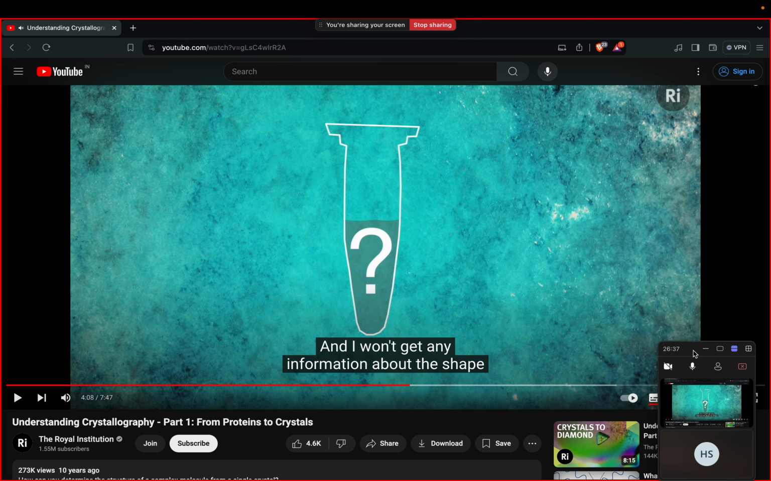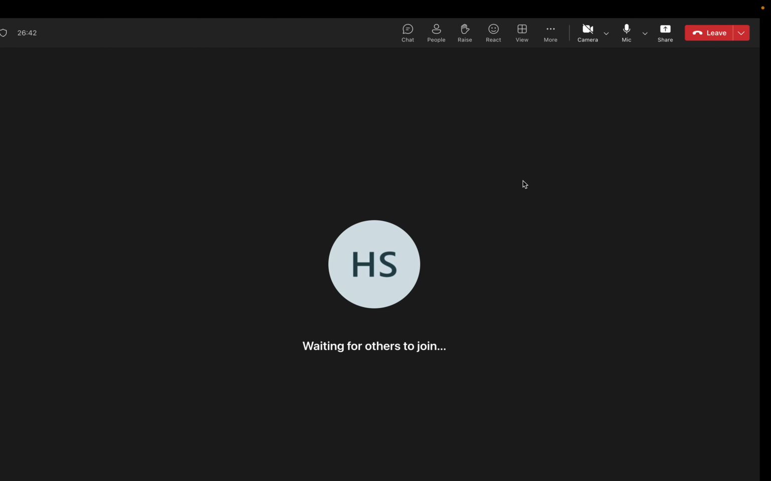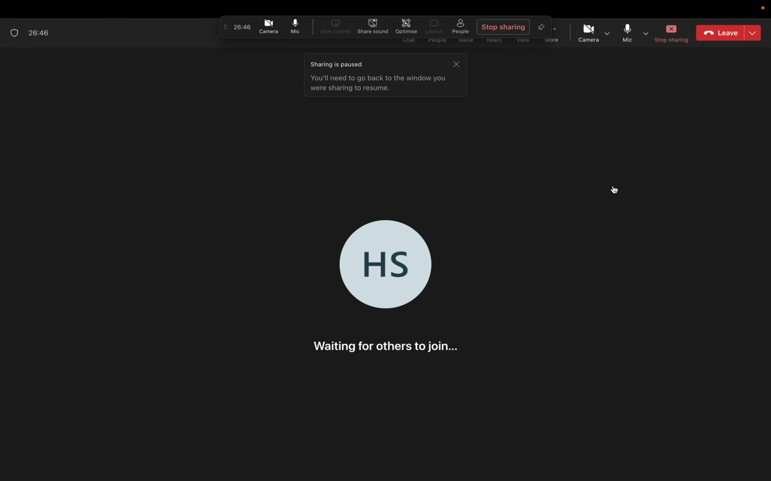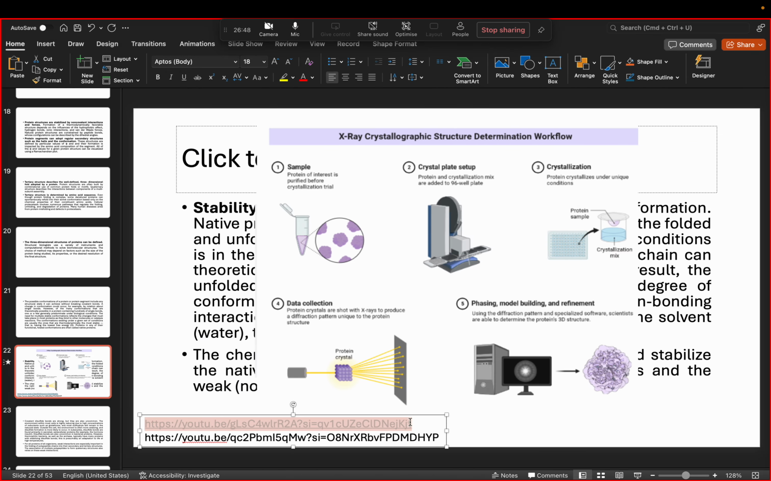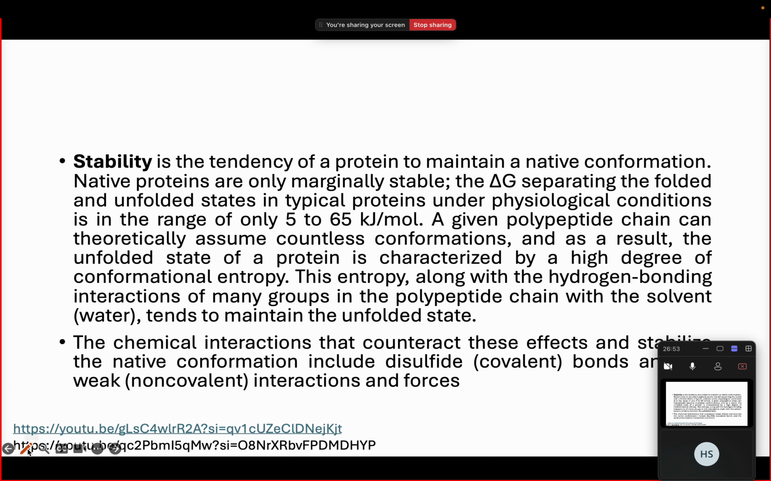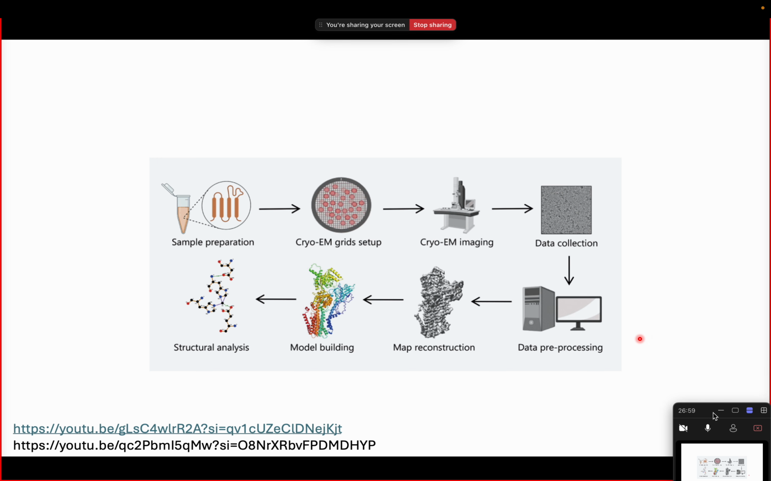Yeah. So I'll quickly stop sharing it so that we can go back to our slides and cover some new topic. And this was with respect to the cryo-EM technique, which is another technique used for structure determination of the proteins. So this is the basic flow of how the